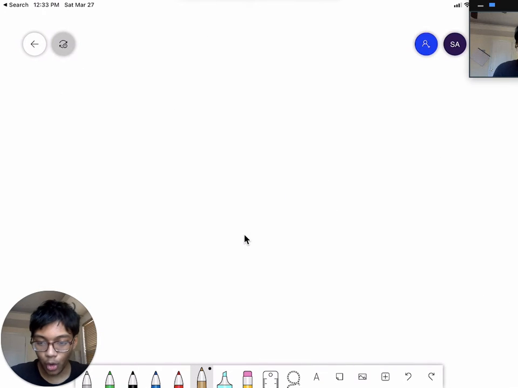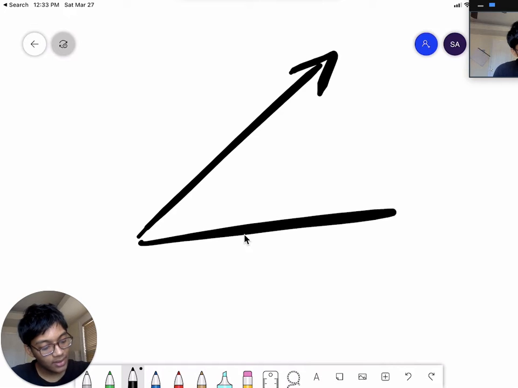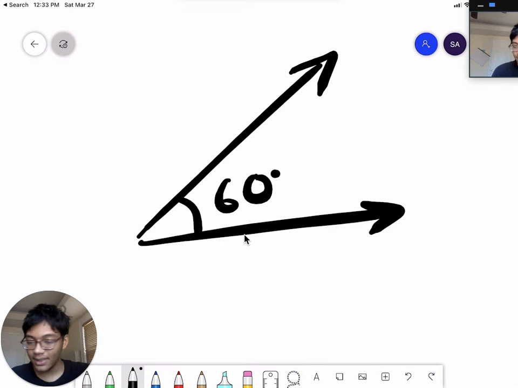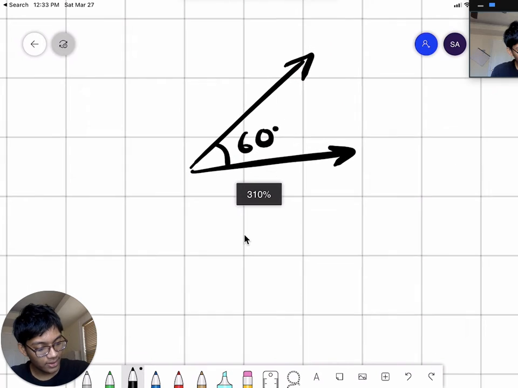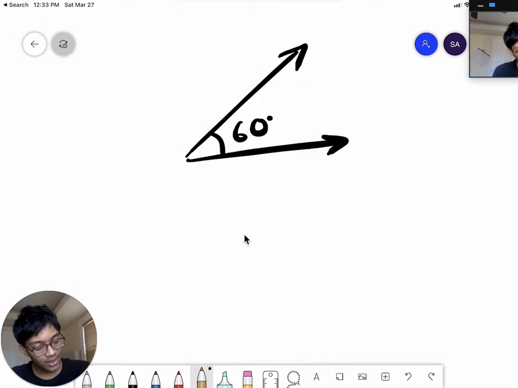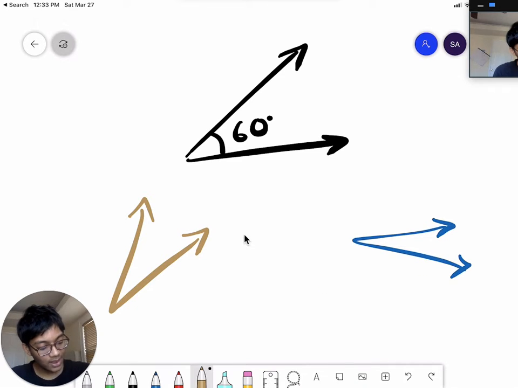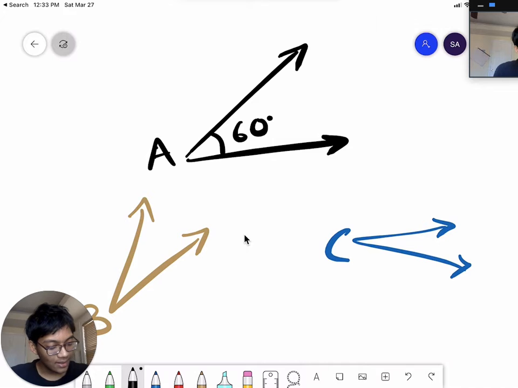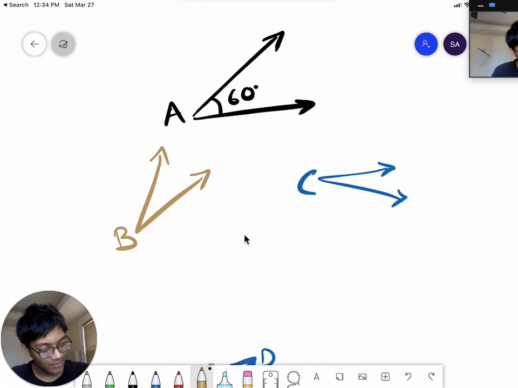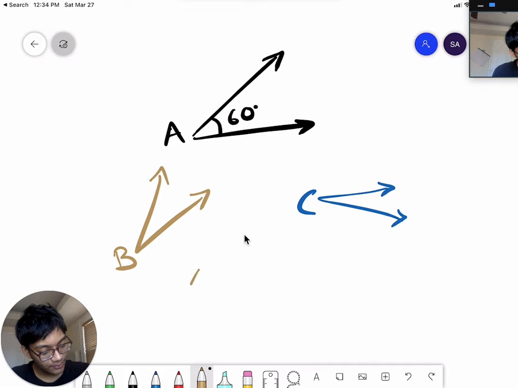How about another cool relationship between angles? Well, guess what? Let's say I have this angle right here. This angle is 60 degrees. Now, let's say I have two other angles. I'm not going to tell you their measures, but I'll just tell you this. I've got two other angles, here's one of them, and here's another one. Now what I will tell you is that these angles, which I'll call A, B, and C, let me give you some statements here. So I'm going to tell you angle B is